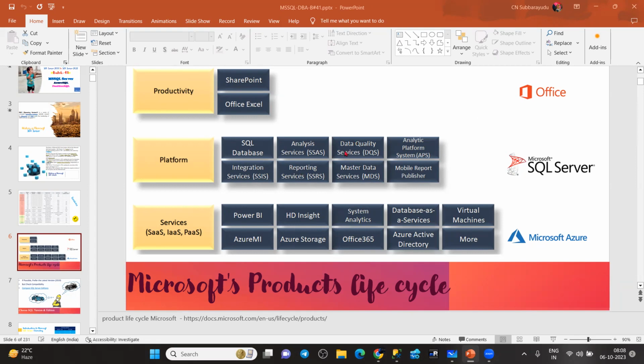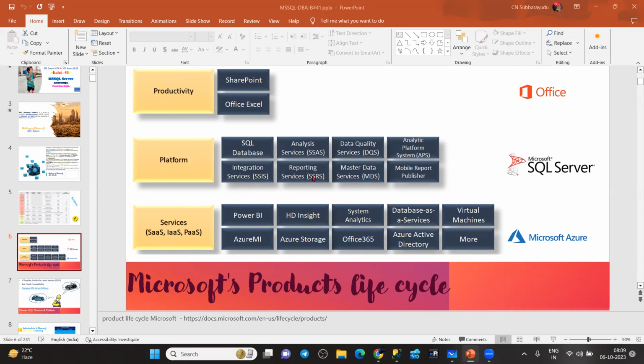That is our responsibility. As a DBA, you must and should know about these three services. Not only SQL service, these three services are also a little bit important for us. Definitely, you may get a chance to work on these services. It's not development again. You are not developing anything here. As a DBA, we need to make sure that all these services, like